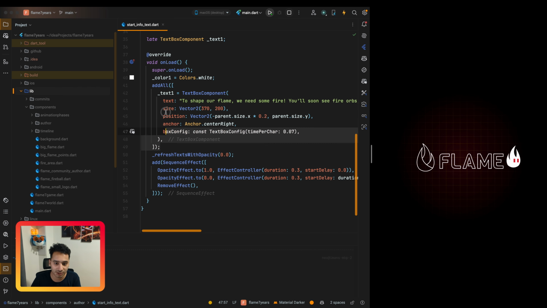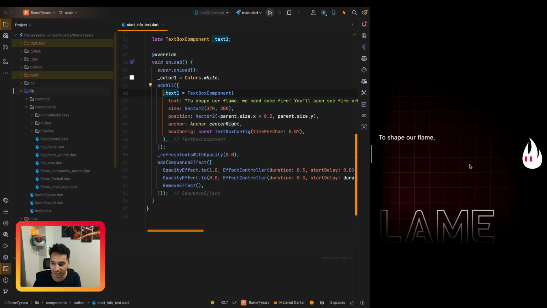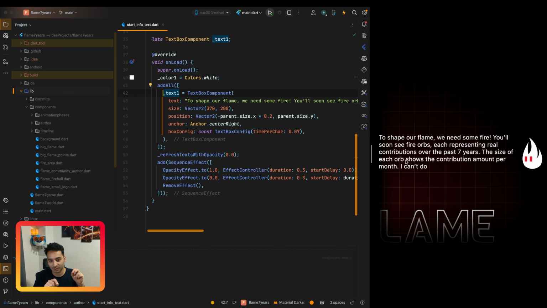And yeah, so this is something that I didn't know that it exists. I just read the documentation, and yeah, it helps you to create this beautiful text effect. You know, when you show the large text, no one reads it, but if you show it gradually, everyone just reads the text that you are writing.